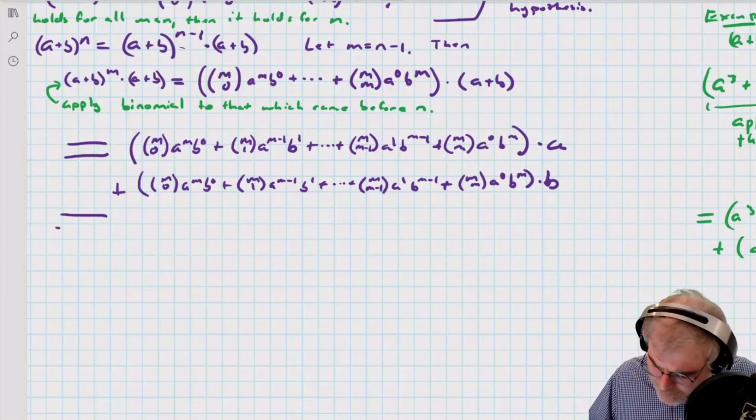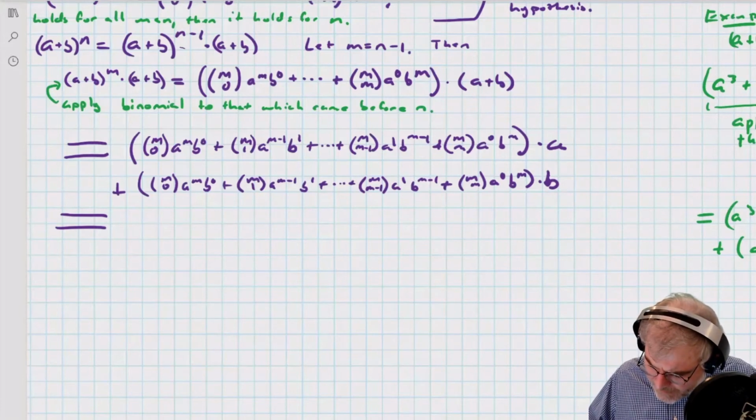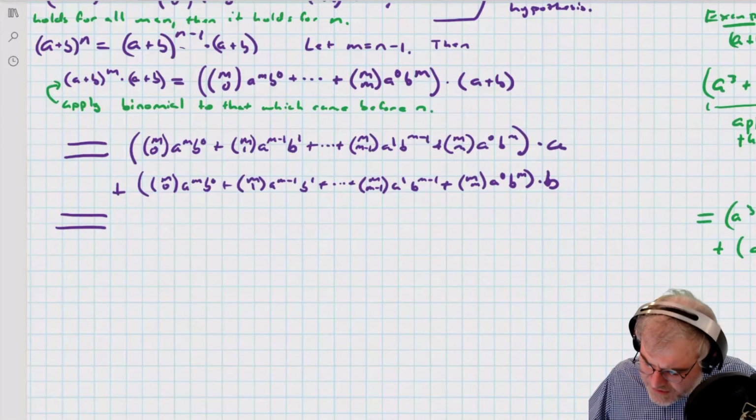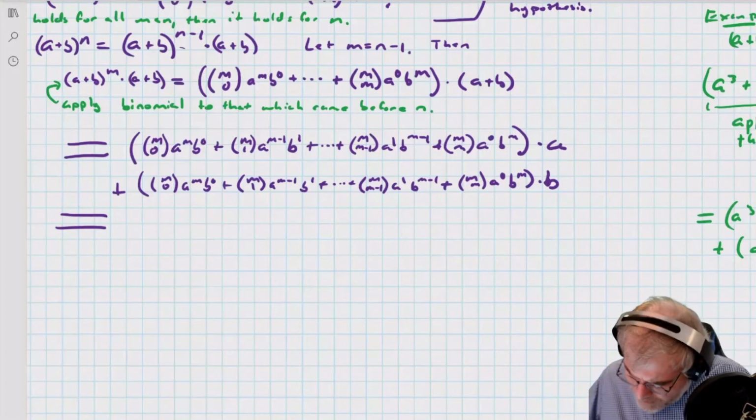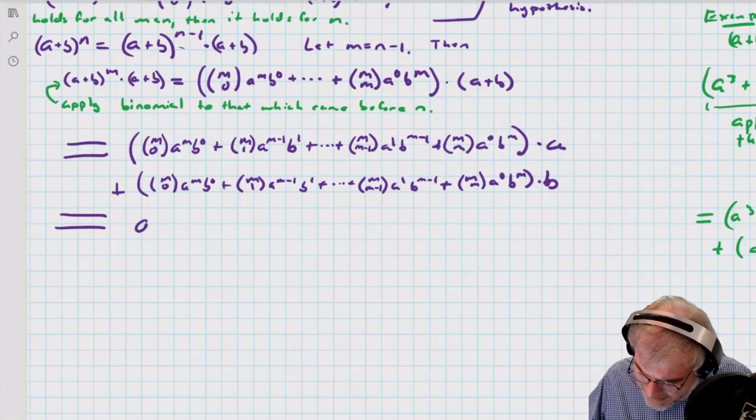So now what we're going to do is multiply in the A. Moreover, the other thing I'm going to do is set this up very, very carefully. I'm going to evaluate m choose 0 and m choose m here, okay? So I'm going to set this up very, very carefully. I'm just going to leave this as a 1. I'm going to have a to the m plus 1, b to the 0, plus m choose 1, a to the m,